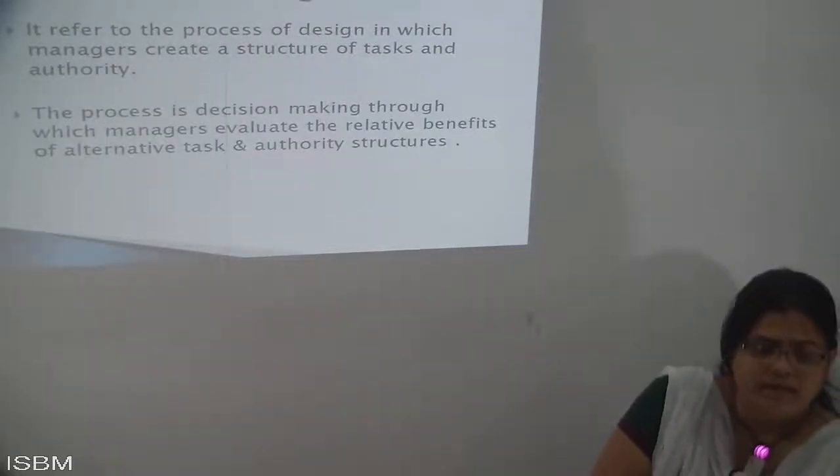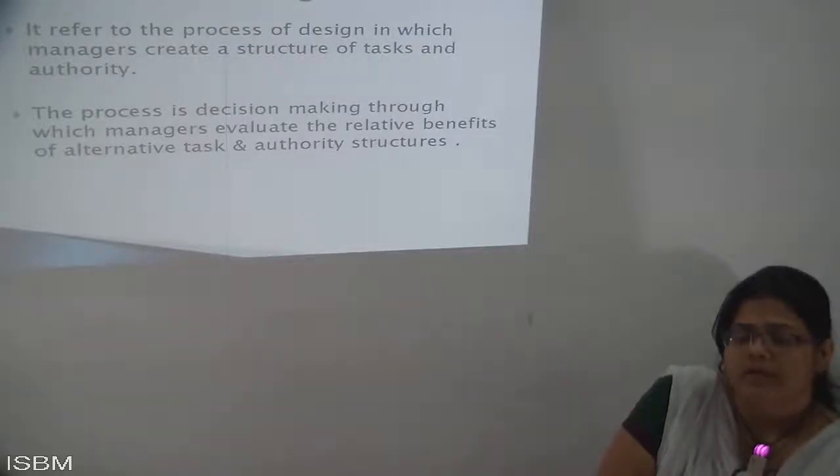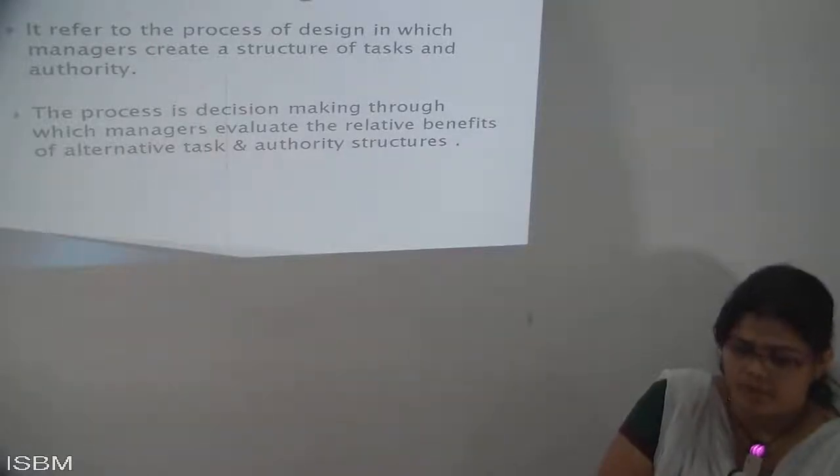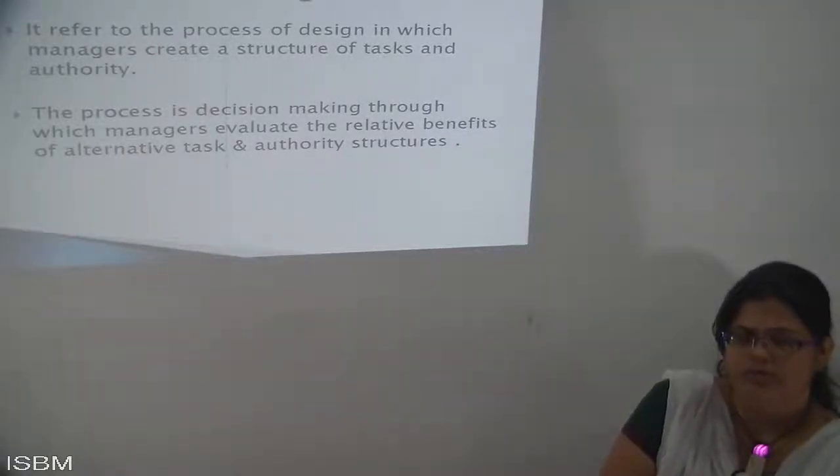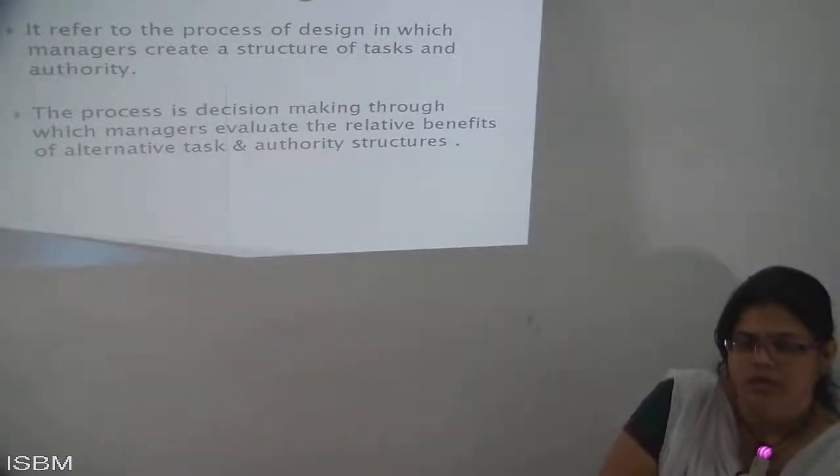Next is design. That is most important. Your organization design means how you design the work, how you complete that work, and within the proper period of time. That is most important, because the authority has been allotted to that person. Without the authority, you can't complete any kind of work.